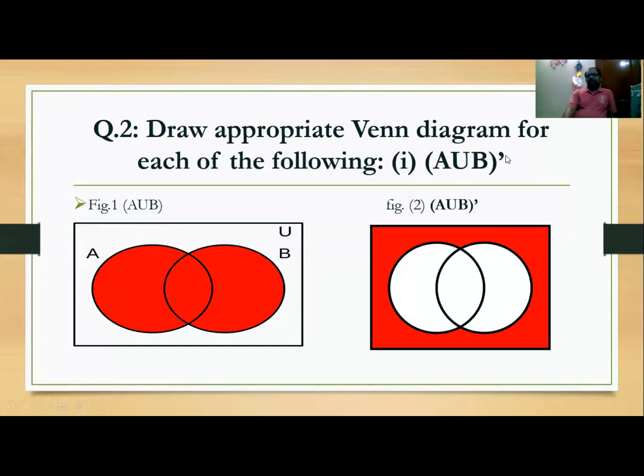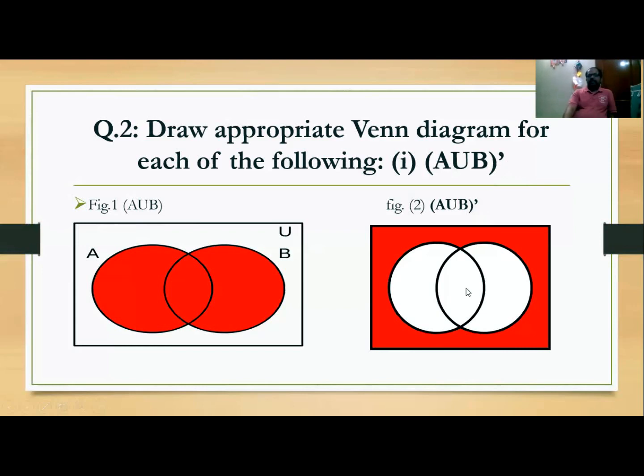The required Venn diagram for the complement of A union B will be the set of elements in U which are not present in A union B. This part will be deleted from U. So just the opposite of it, the shaded region of the universal set excluding the sets A and B both, will give us the complement of A union B. As we know, the complement of A union B is nothing but the difference of the universal set U and A union B. So in the second Venn diagram, the part shaded by the red color will represent the required statement, the complement of A union B.